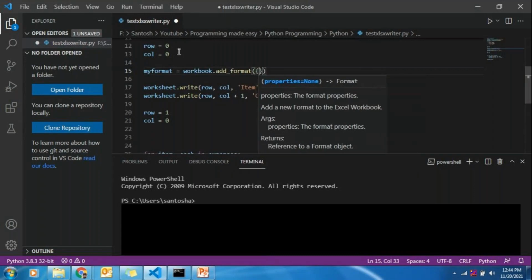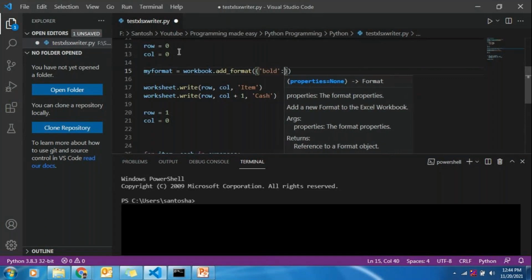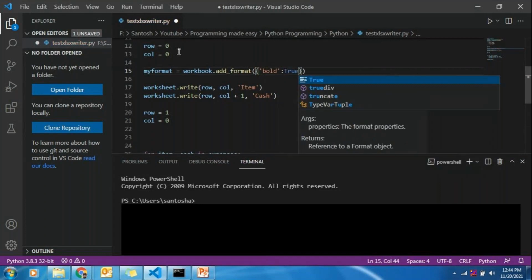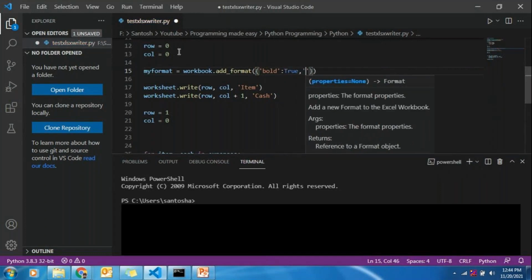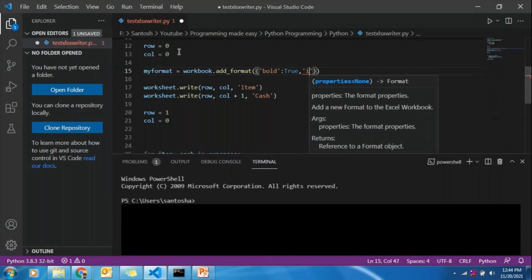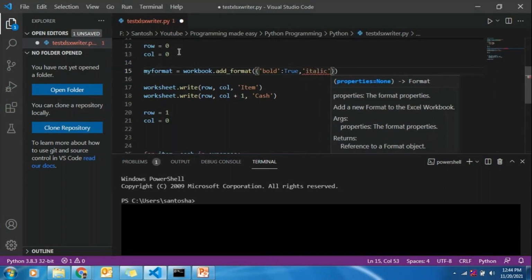So you can specify all the various parameters you need to mention as a dictionary object, and that object should be specified in the add format function. So first I'm going to make bold as true, and second I make italic as true.